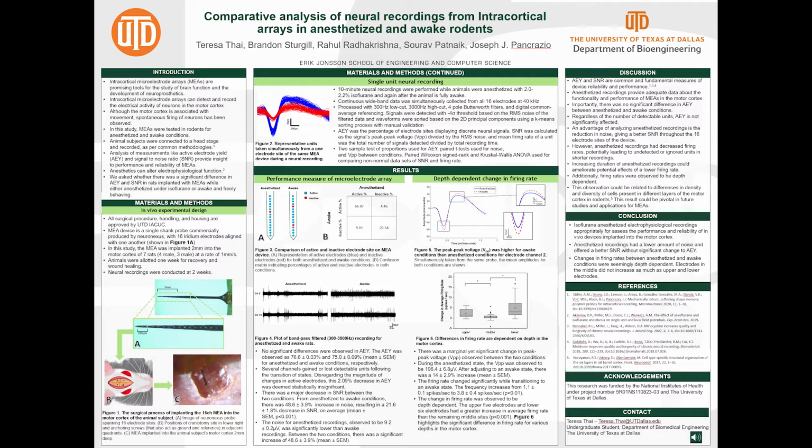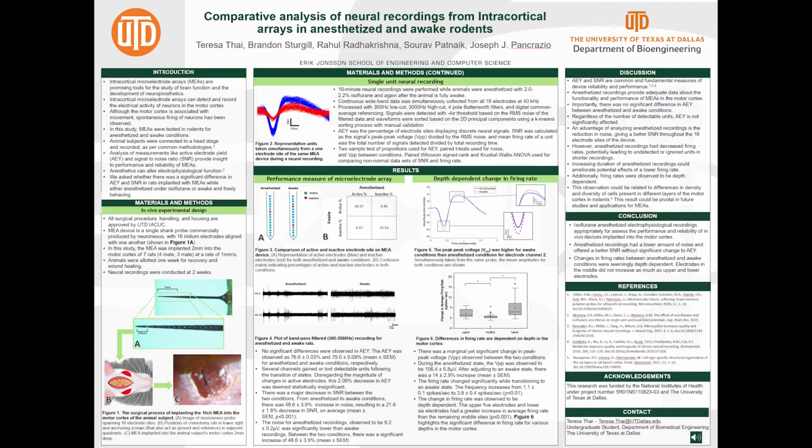Now, the motor cortex is generally associated with movement, so it's logical to assume neural recordings should be done while the subject is freely moving. However, most studies have observed spontaneous firing of neurons while subjects were under anesthesia. This brings up the matter of whether or not anesthetized neural recordings can provide some advantages and/or yield similar data